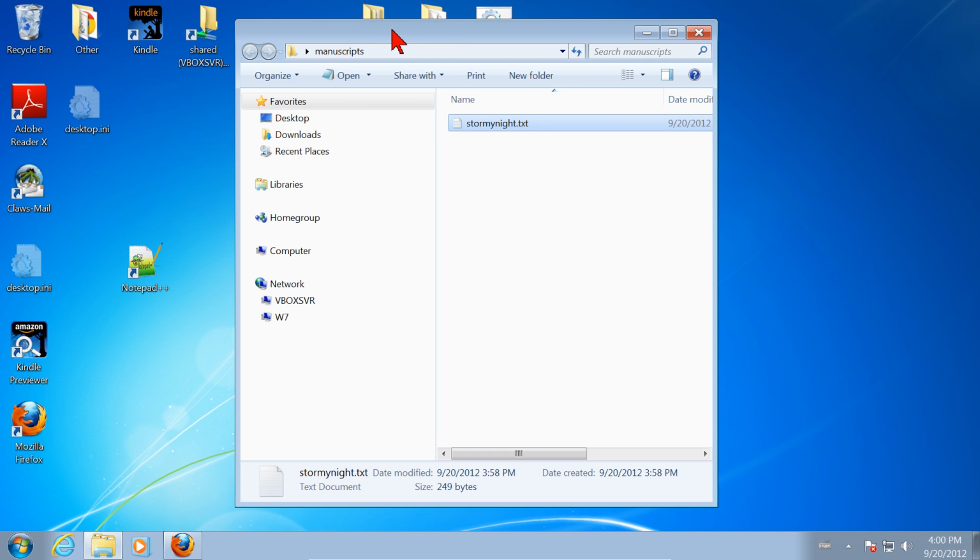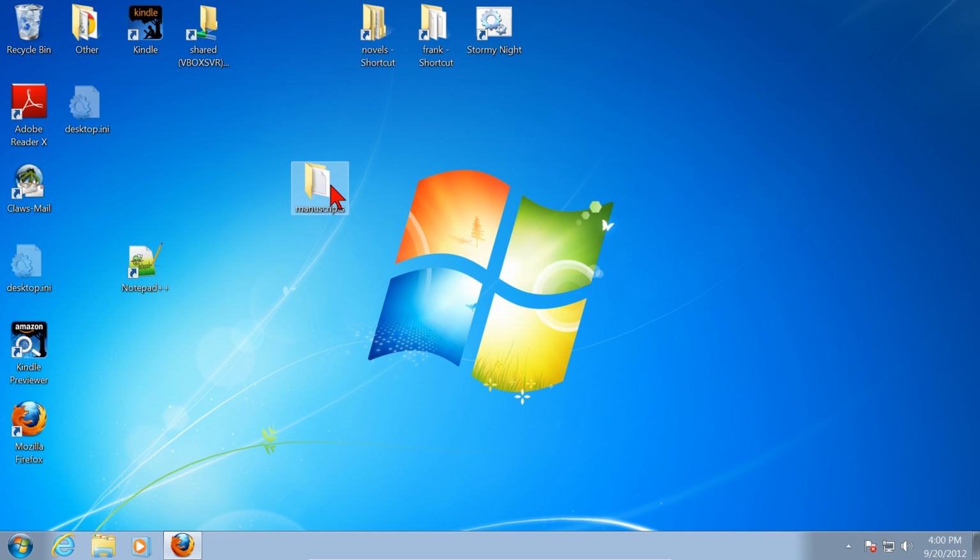Okay, so now we've done the simplest thing possible. We set up a folder on the desktop to hold the manuscript. By the way, I probably should have named it manuscript and not manuscripts with an S at the end if I was really only going to put one manuscript in it. However, what if you write another book? You're going to want to have at least two manuscripts, right? Well, let's not put them all in the same directory. Let's put each manuscript in its own